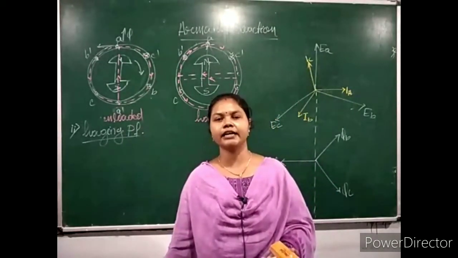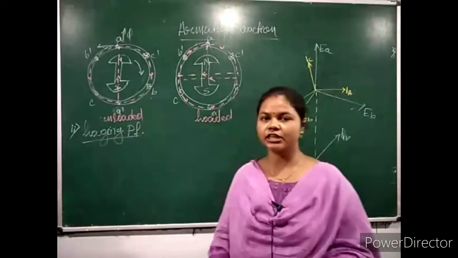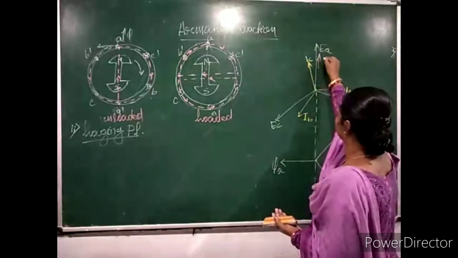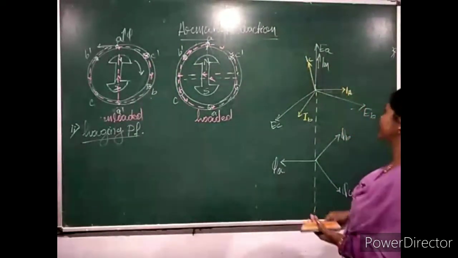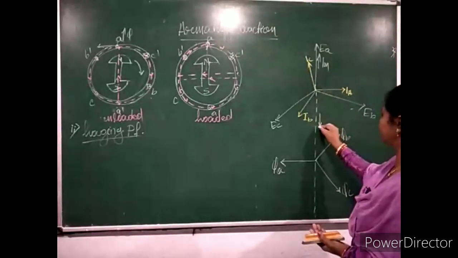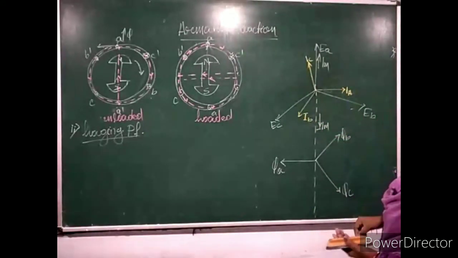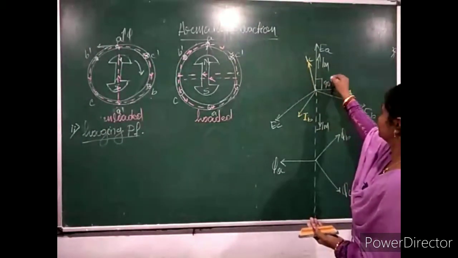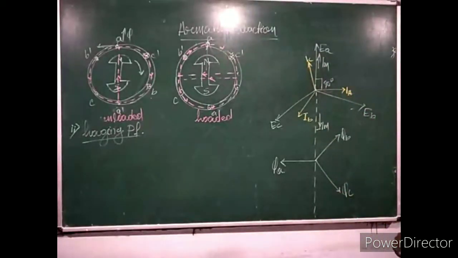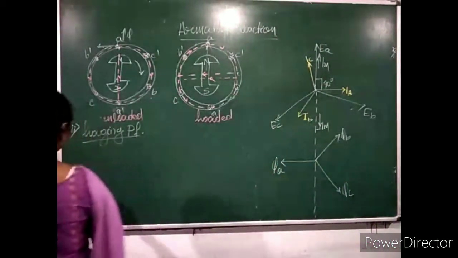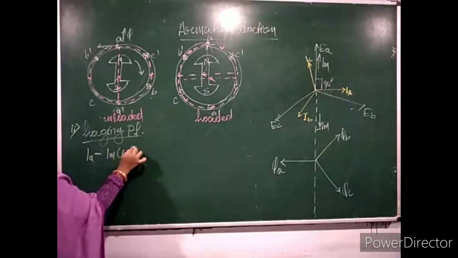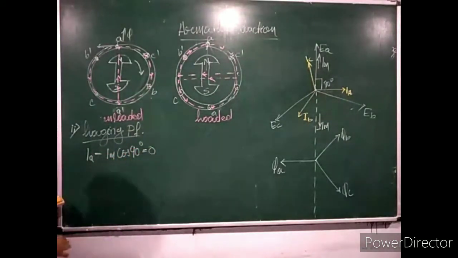Now for finding the armature reaction on the field flux, first I find the values of current, because due to this current, flux is created on the armature conductor. Suppose the direction of maximum current is this one. This is the positive value, and this is the negative value, minus Im. As Ia is 90 degrees beyond Im, its vertical component is Ia equals Im cos 90 degrees, which is equal to 0.